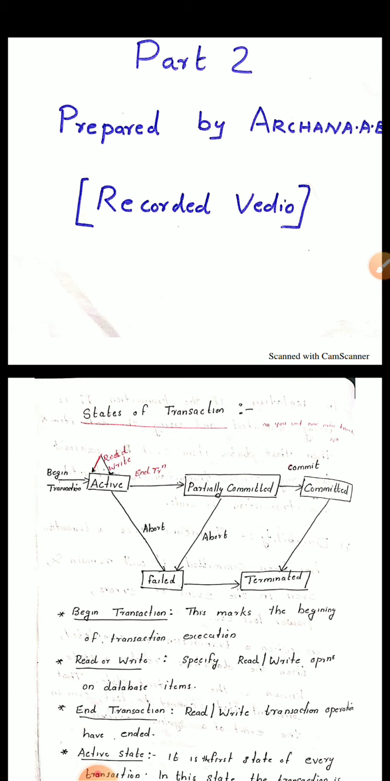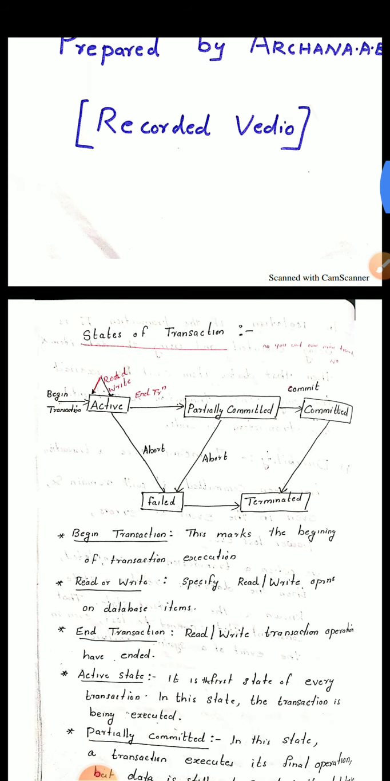In the low-level operations performed in a transaction, there are many states. So: begin transaction, read or write, end transaction, active state, partially committed, committed, failed state, aborted. So first of all, begin transaction means